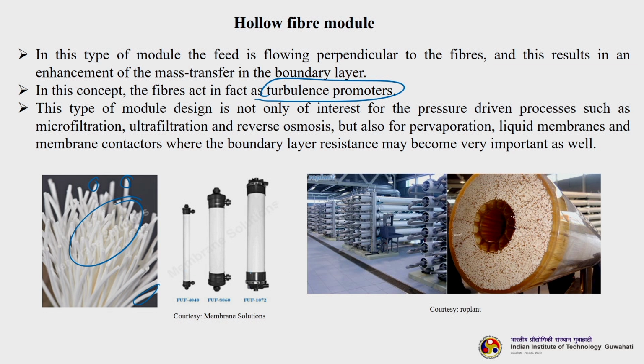So, there are different types of systems, a company makes its actual membrane solutions, and here you can see this is the plant. So, in this plant you can see this is one such tube. Here you can see how so many lakhs and lakhs of hollow fibers are fused together. Feed will flow here like this, and permeate can be collected here. Otherwise, it is also possible that feed can be flown here, and permeate will be collected overall from here. Any such possibilities there, inside out or outside in.